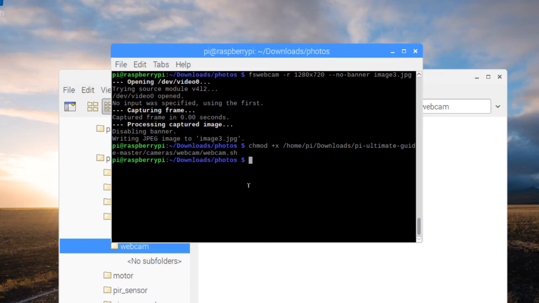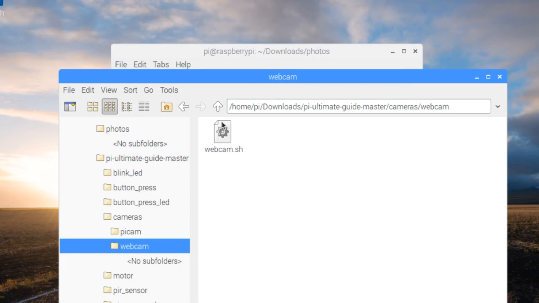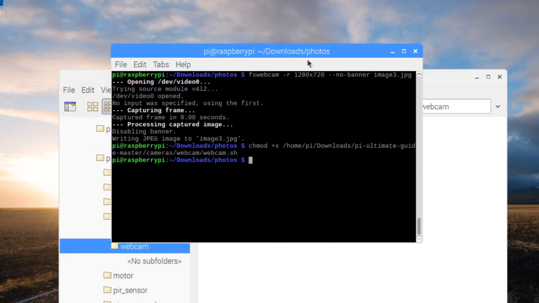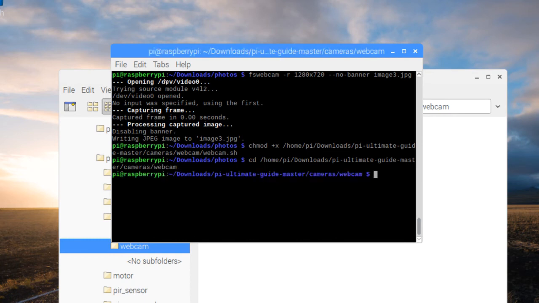And again, this is just another way of making the file executable, but you can do it very quickly from the File Explorer, or you can do it from the terminal. Either way accomplishes the same thing. So once that's done, we can execute that file. So if I do a cd space, and I'm going to just paste that path there, all right, and if I do an ls, I can see the webcam.sh file. So I can do a /, type in w, and hit the tab key, and it's going to autocomplete for me. So if I do that and I hit enter,